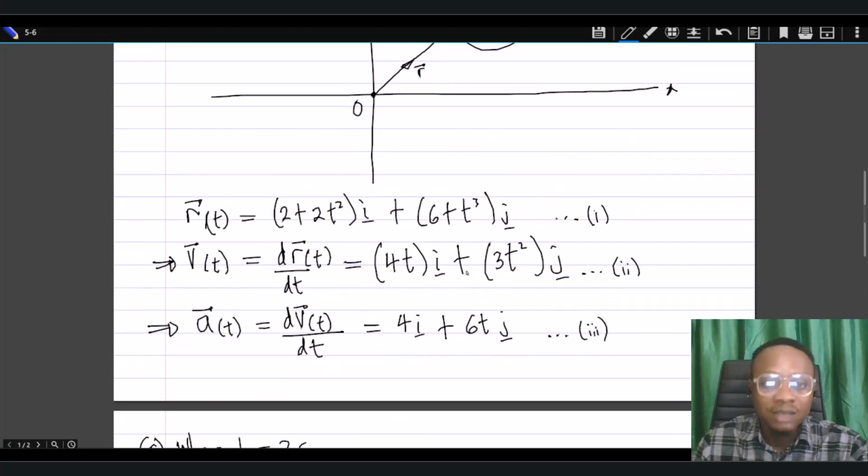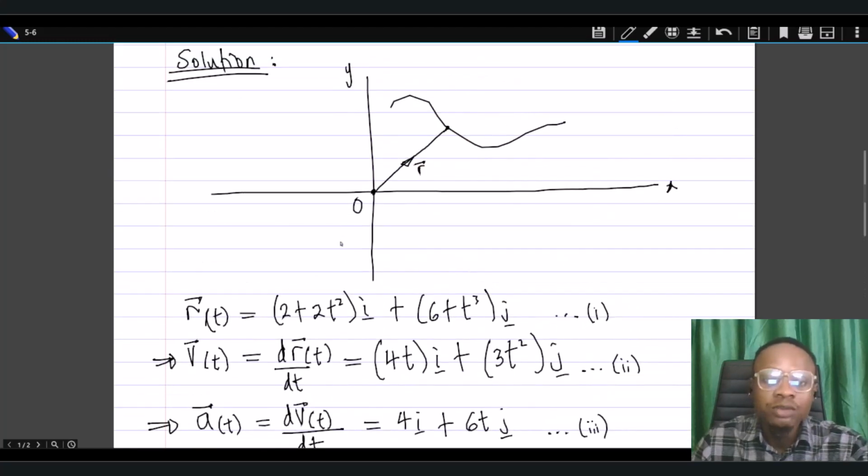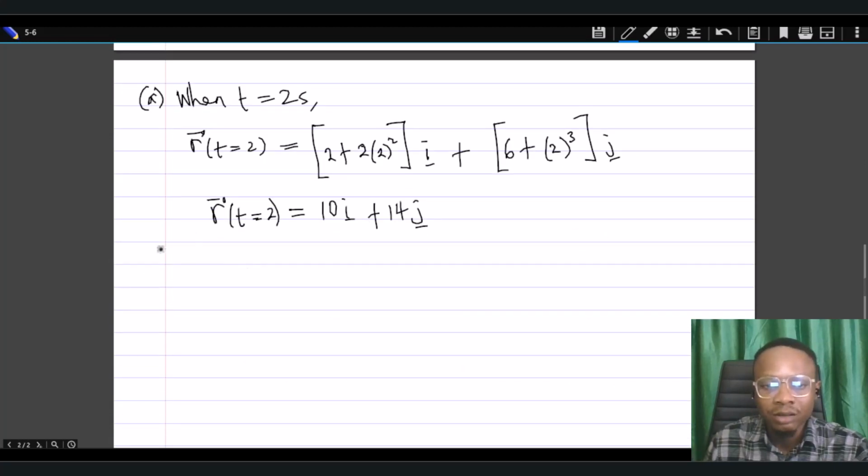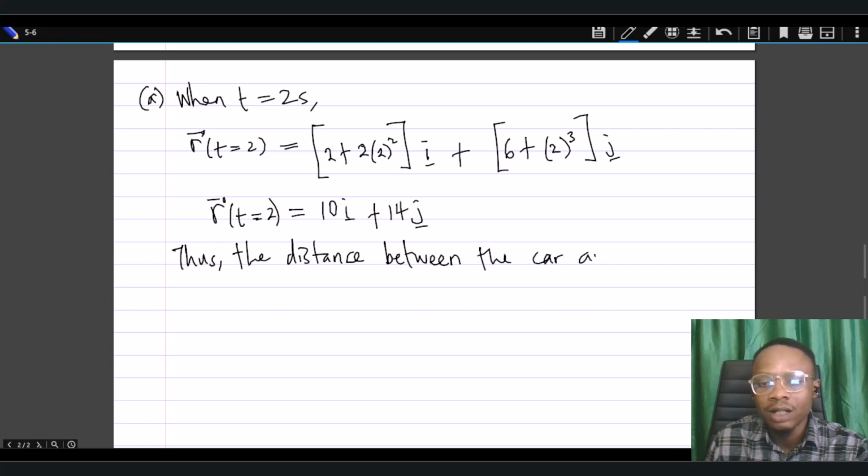Now we want to get the distance between the body and the girl. We know the girl is at the origin. So by that, we now say, thus, the distance between the car and the girl at this instant is given by,